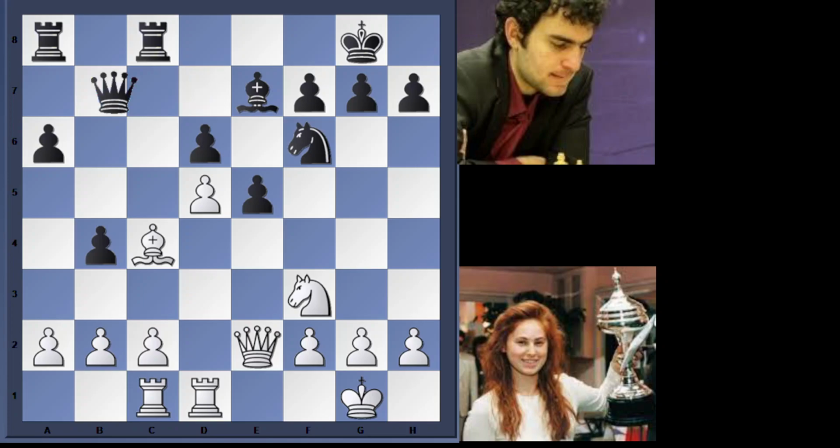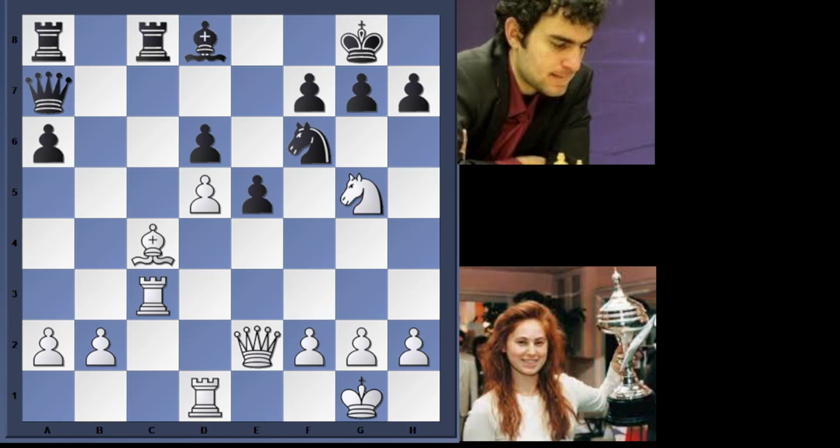So bishop c4, trying to keep the bishop somewhat active. And of course, Dominguez doesn't want to push a5 at the time, and give up this great square where the bishop could become active. So queen a7, just protecting the pawn. c3, b takes c3, rook takes c3, bishop d8, and I'll try to move a little faster. Knight g5 here, and now you see the move a5 come into play. And now rook f3, queen e7,